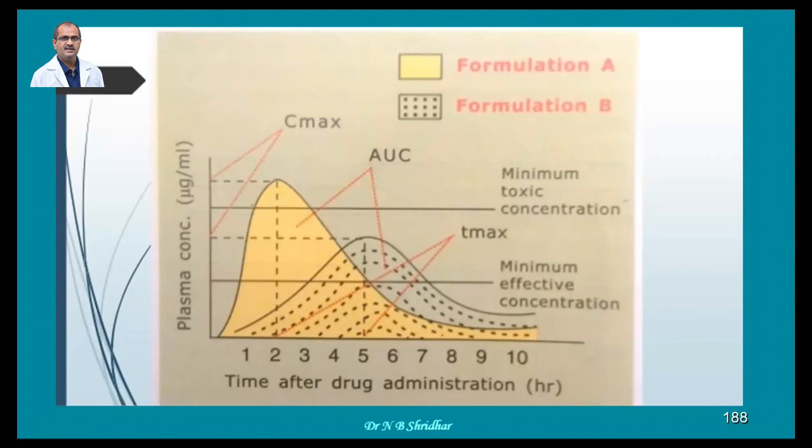So the Tmax of drug B is more when compared to the Tmax of drug A. It means in a shorter time, drug A has achieved the peak plasma concentration, whereas for drug B, it is a little longer. That's how this chart is explained. This is the area under curve, the availability of the drug in a given time. Suppose 2 and 3, 5, then this is the area under curve. Area under curve is the bioavailability of the drug in a given time.